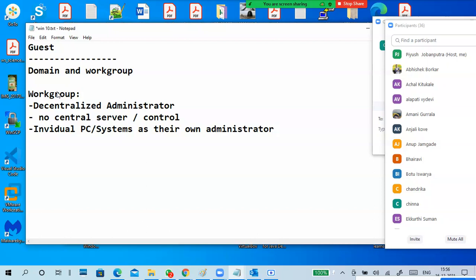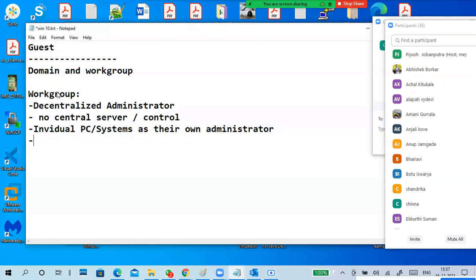First time you install Windows 10, who is the administrator of your Windows 10 virtual machine? First account you created, right? For the first account, whatever they created, so I remember Vaidevi created a Windows 10 with Vaidevi as a user account, is an administrator of that Windows 10. Later you added standard accounts. Okay, individual PCs or systems have their own administrator, no centralized administrator. But once you are added to the domain, administrator is administrator of your PC, right? So like that, individual PCs have their own administrator.